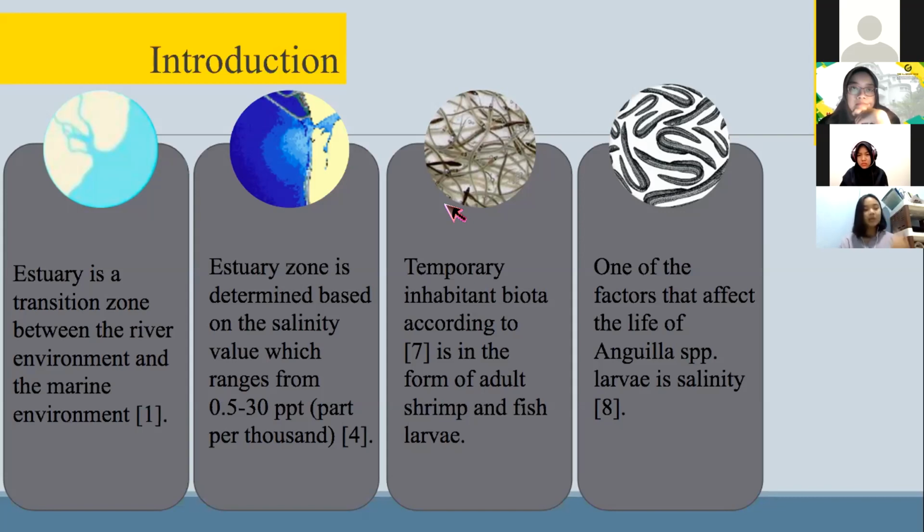parts per thousand. And related to the fisheries activities in the estuary area, there are permanent and temporary inhabitant biota. Temporary inhabitant biota, according to Bleba in 1997, is in the form of adult shrimp and fish larvae. Anguilla species larvae is a typical inhabitant in estuary area and can be found in Cimandiri estuary area. According to Irianto, one of the factors that affect the life of Anguilla species larvae is salinity. Therefore,